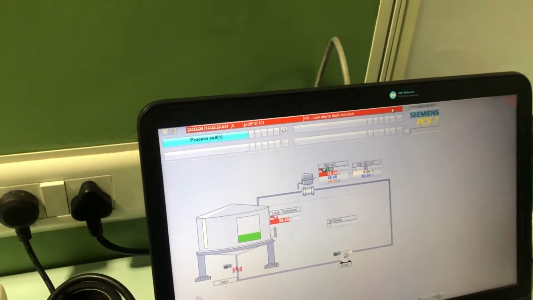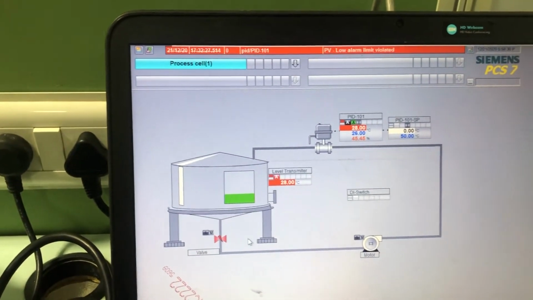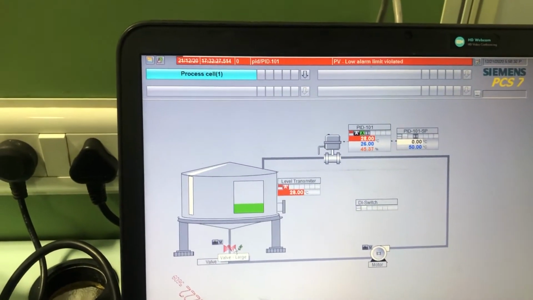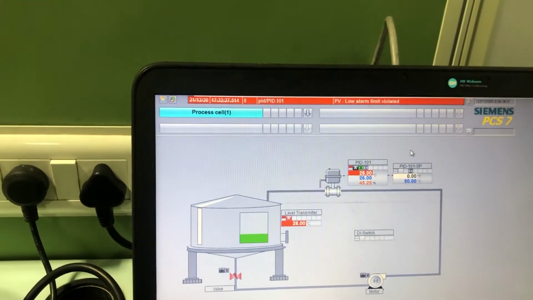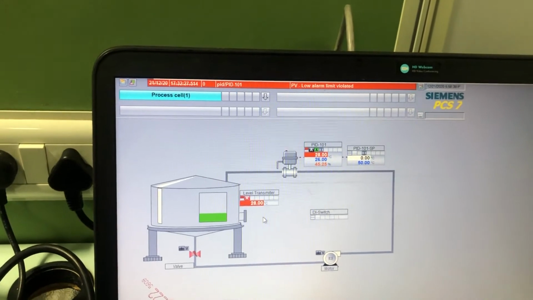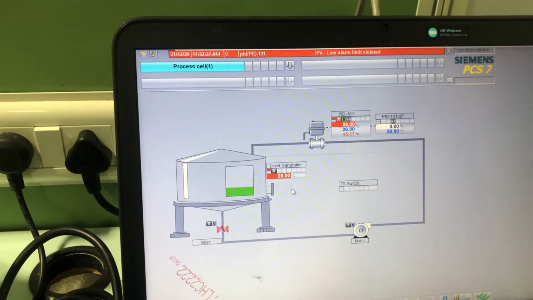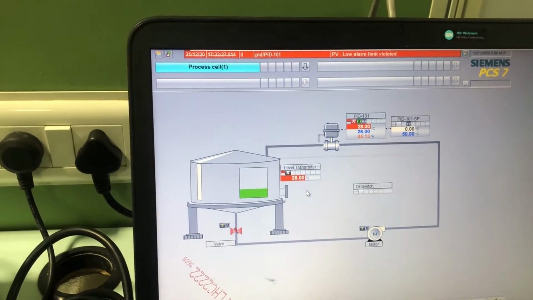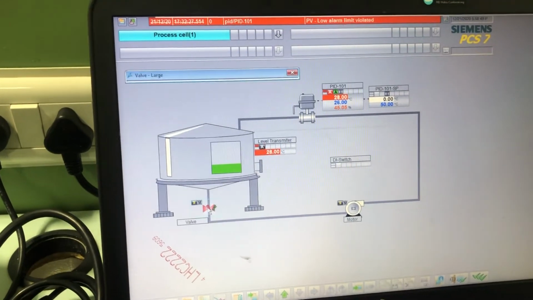So this is the sample screen that has been prepared, which consists of one valve, one motor, and one PID block, with level transmitter. So all this screen and the software, this software is PCS7 version 9.0. So this is the latest PCS7 software.